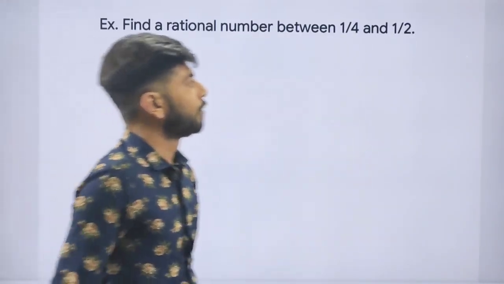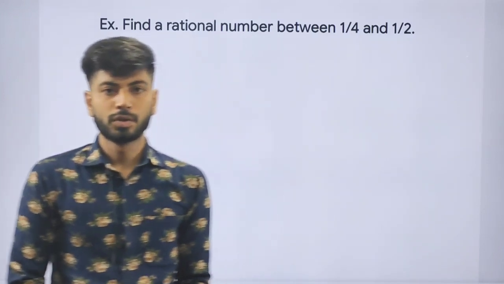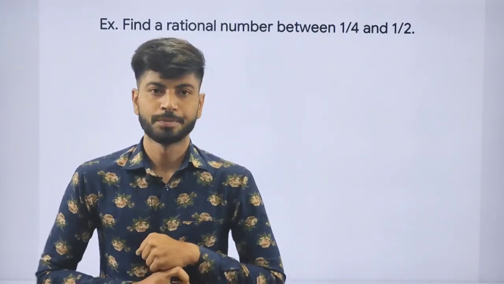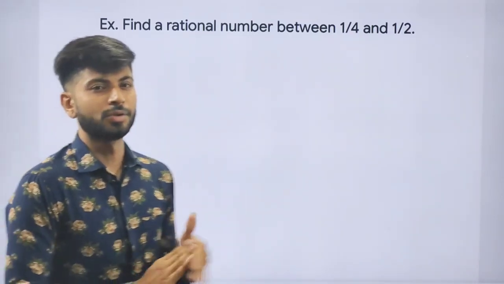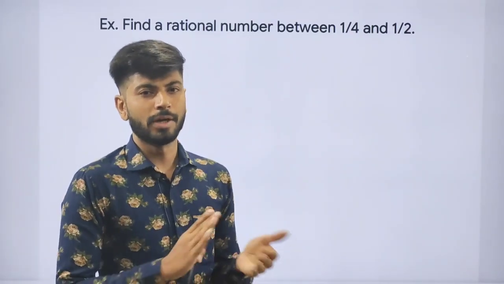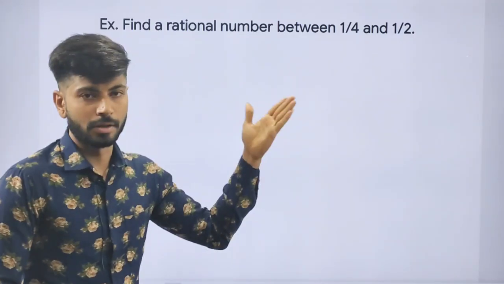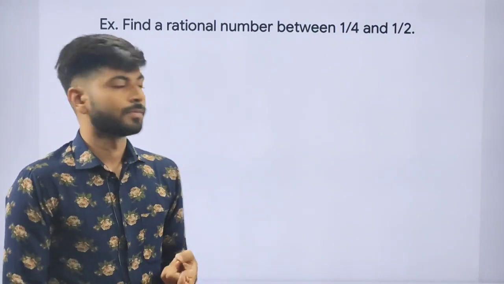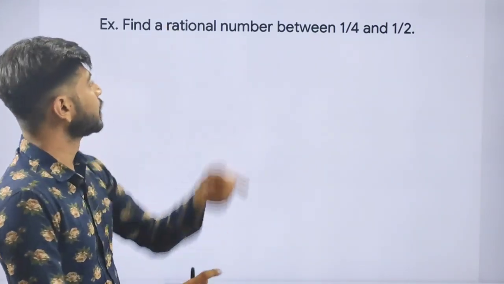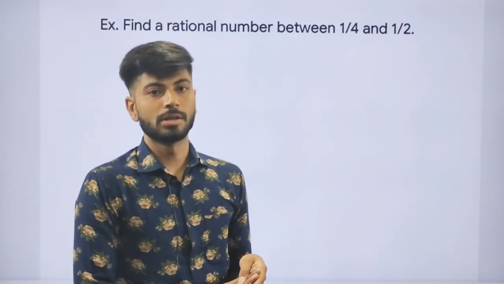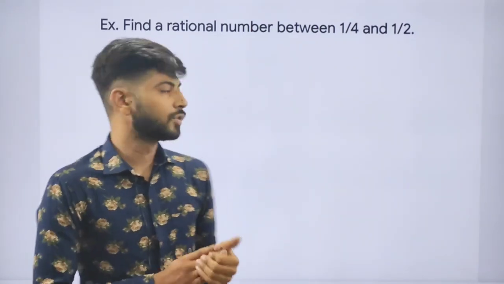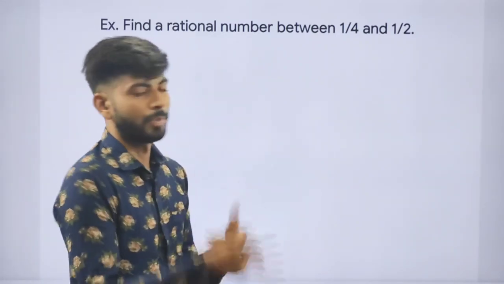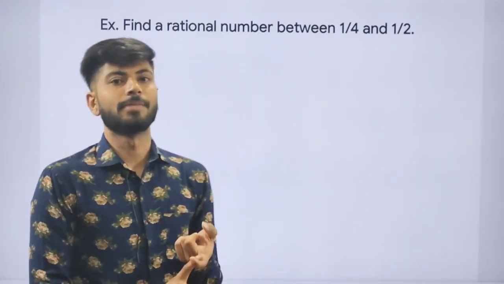Okay. Now we will use this in the next example. Find a rational number between 1 upon 4 and 1 upon 2. We will use the mean method in this example, method 2. Okay, it is not necessary to use this method in the exercise. Whatever you want, the previous method or this method, you can use. This method is very lengthy to use. If 10 rational numbers are asked between two rational numbers, it will be very lengthy to write. So we will use the previous method, but we will understand this method.